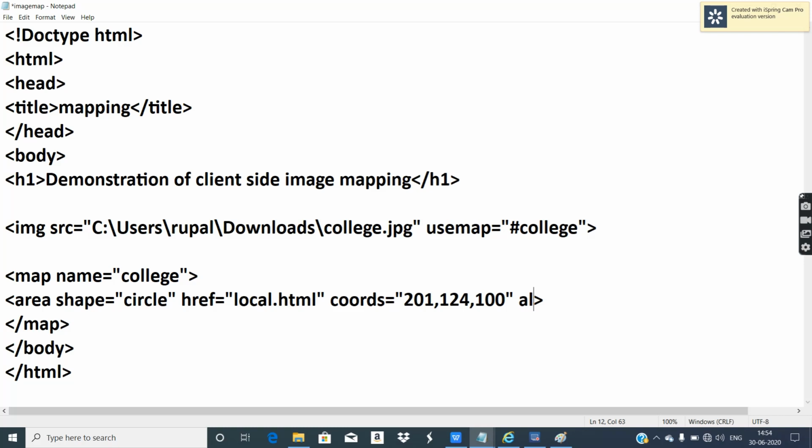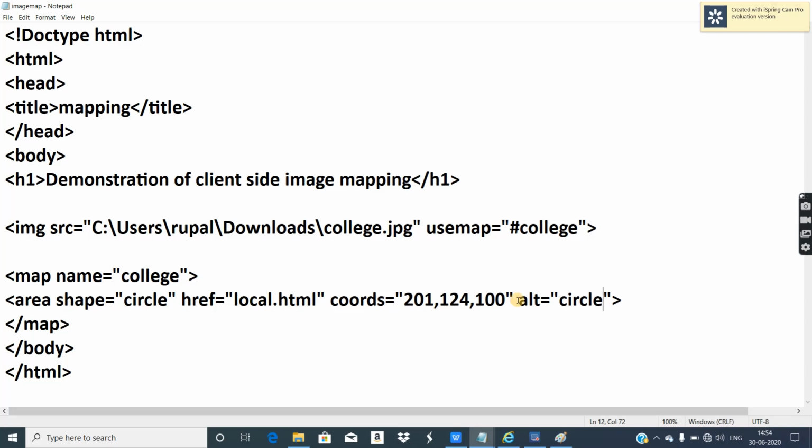The last attribute is alt, which means alternate text. The alt attribute is available in the img tag, you must have seen. So you can give any text. I'll give circle.